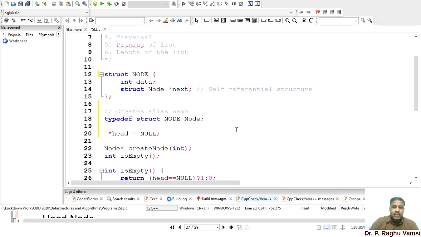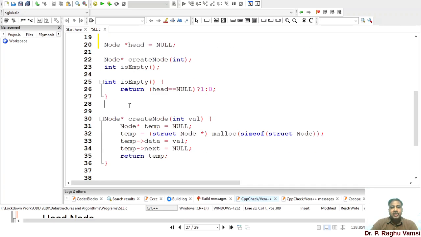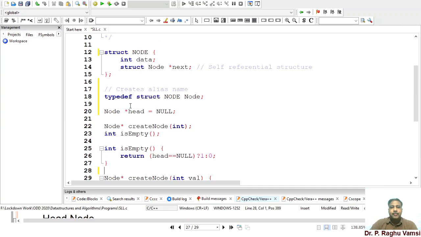So now what I am doing is keeping NODE star head. Now NODE star create node. Already we have seen yesterday how to create the node. Then int is empty. For insertion, deletion, inserting at beginning, ending, for all these things, the first thing you are supposed to check is whether the list is empty or not.